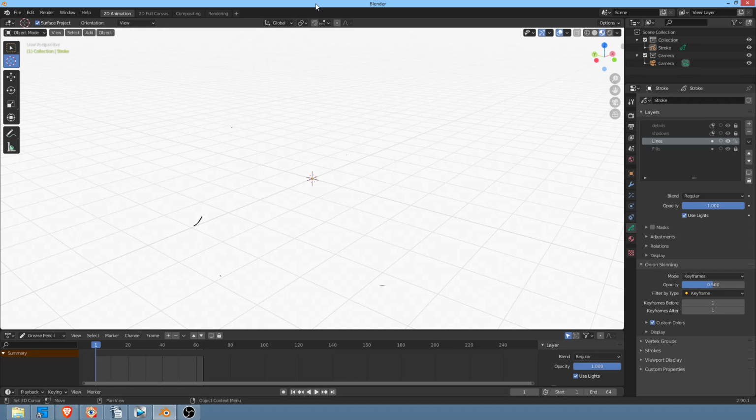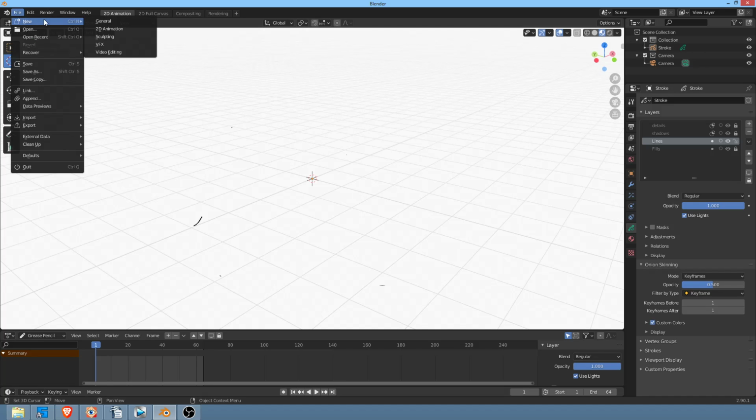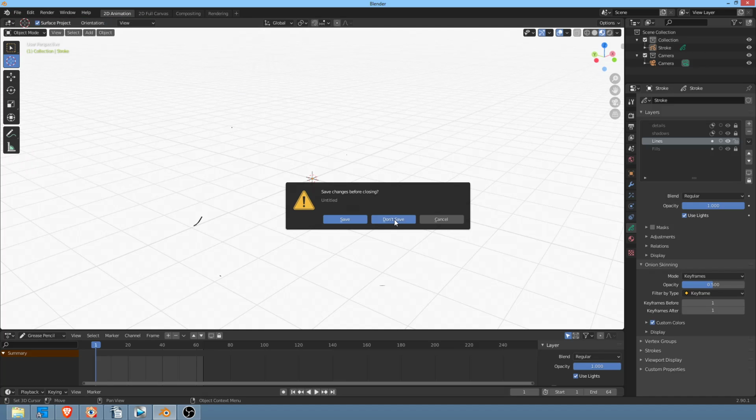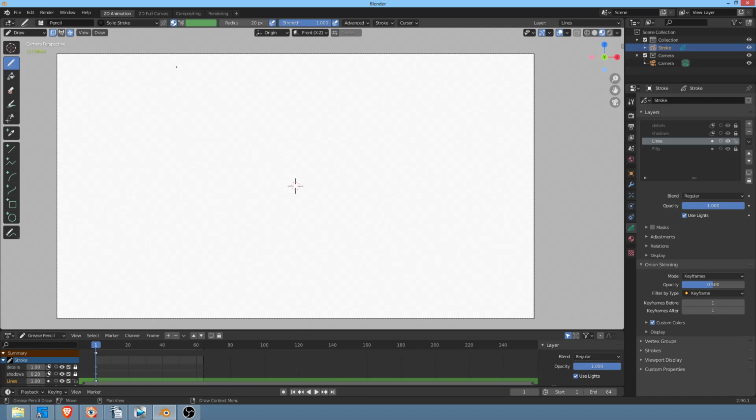So anytime you change something and you want to load another new scene where everything starts out the way you like, you want to save your defaults, your startup file. Okay, so now I'm going to go ahead and create a new one. All right, so in Blender 2.9, I really like this toolbar,